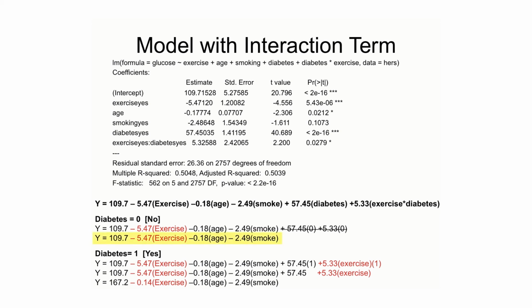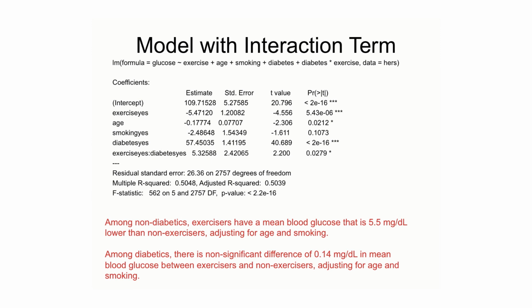Among non-diabetics, this effect is simply the estimate for exercise, negative 5.47. Among diabetics, we add the estimates for exercise and the interaction term, which gives us an estimate of negative 0.14. We would interpret this as, among non-diabetics, exercisers have a mean blood glucose that is 5.5 units lower than non-exercisers, adjusting for age and smoking. Among diabetics, there is a non-significant difference of 0.14 units in mean blood glucose between exercisers and non-exercisers, adjusting for